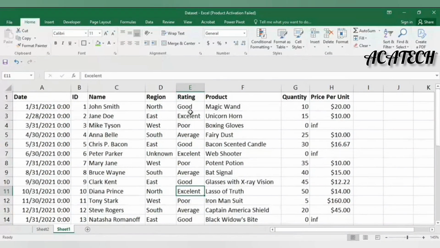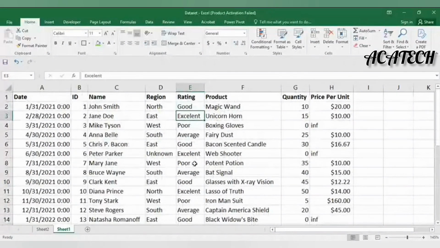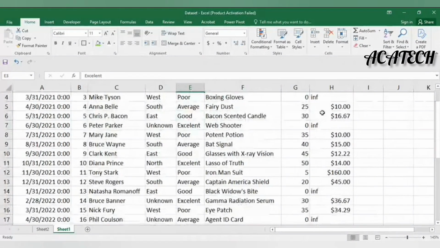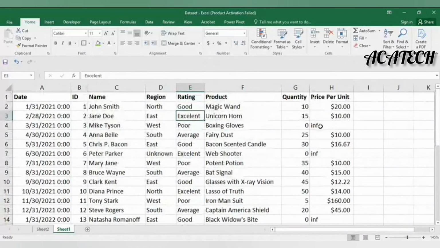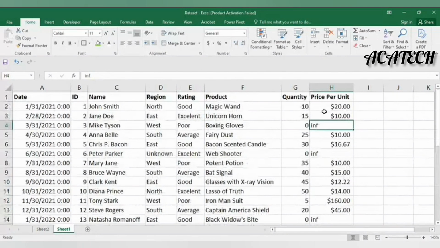I think our rating is filled up, nothing to be claimed, no extra space. You can try to clear extra space to see if nothing is wrong with it. This is good, but here we have INF. What is INF? I don't know, but it is under price per unit. You can't play with INF, so I think you have to clear it. Should you make it blank? Yes, since